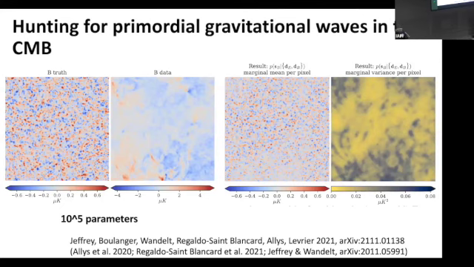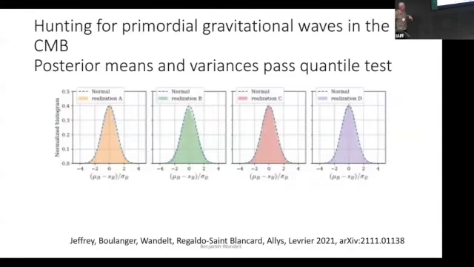You can see very clearly that this is a non-Gaussian problem with the foregrounds. For example, the variance is a function of position on this map, which would not happen if you did this in the Gaussian approximation. You get the same variance everywhere. And the posterior means also do the right thing. You can then validate this, just by looking at the posterior means and variances and rescaling under simulations, and it gives you the right answer.